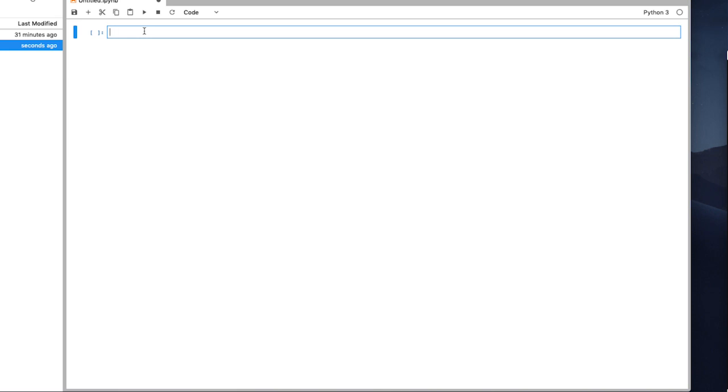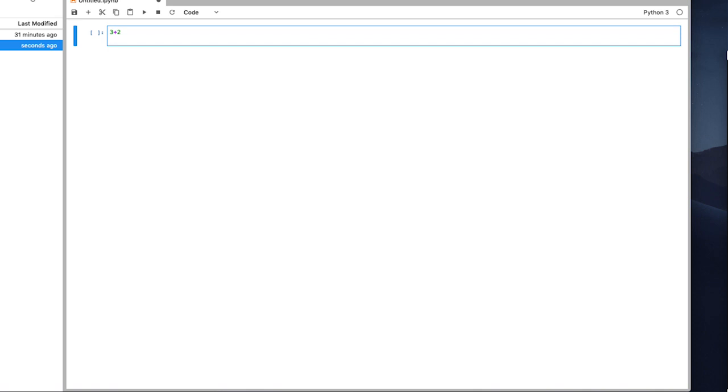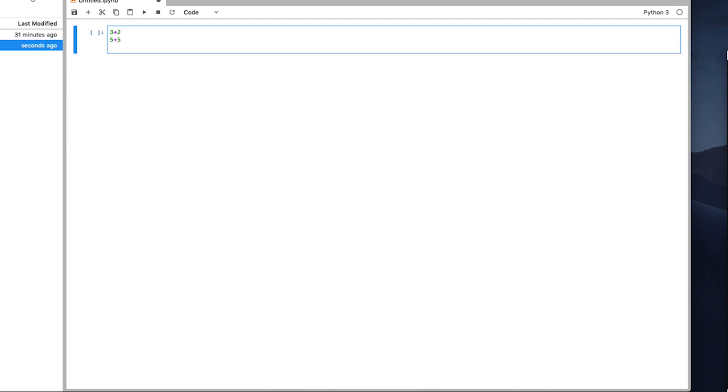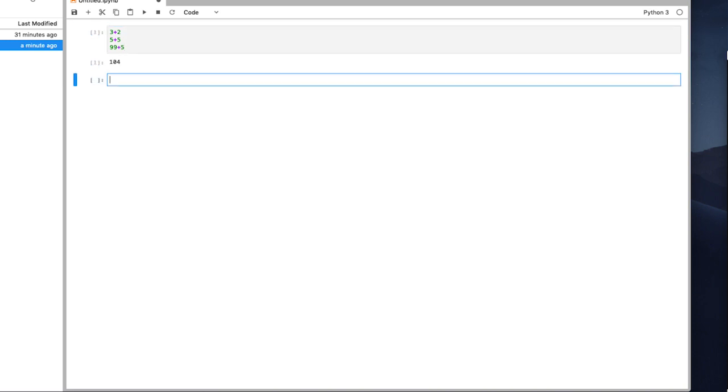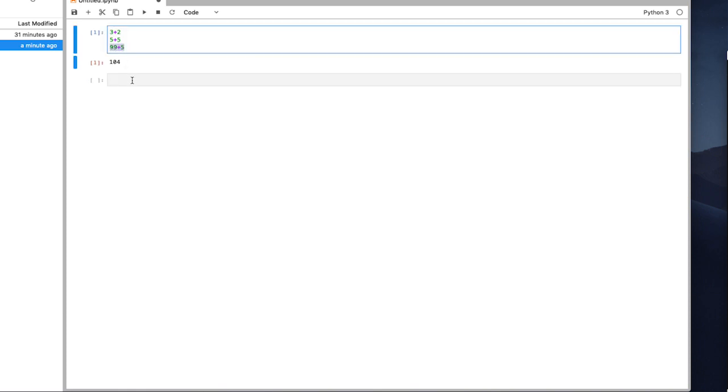So for example, I can say 3 plus 2 and hit enter, and nothing happens because it's still waiting for further input. And I can say 5 plus 5 and I hit enter, still nothing happens. And then I can say 99 plus 5. And this time, instead of hitting enter, I'm going to hit shift enter or shift return. And you will see it prints 104. Now, what really happened was all of those lines of code were executed, but it's only printing out the value